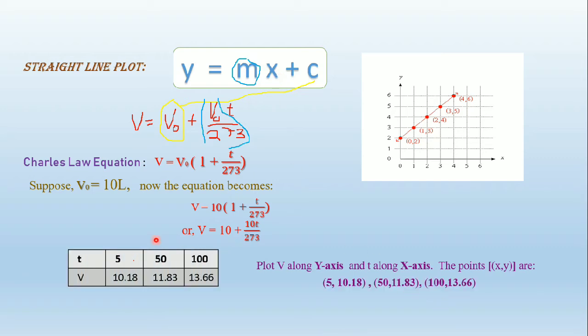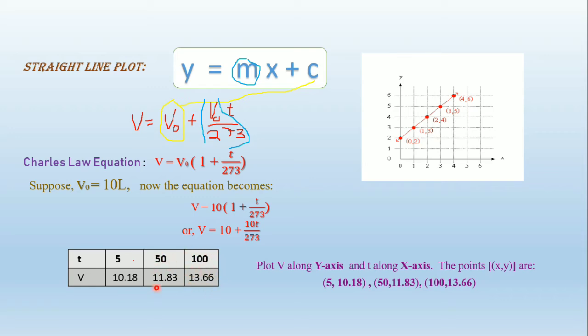This kind of thing we've done in maths class while plotting linear equation graphs. When x is equals to this much, you put the value of T here and then find the value of V, right? So when T is equals to 5, so the increase in temperature is 5 degrees, then the volume will become 10.18. So see, the increase in volume is very less. For 50-degree increase in temperature, volume is increasing only 1.83 liters. So increase in volume is relatively less compared to increase in temperature.